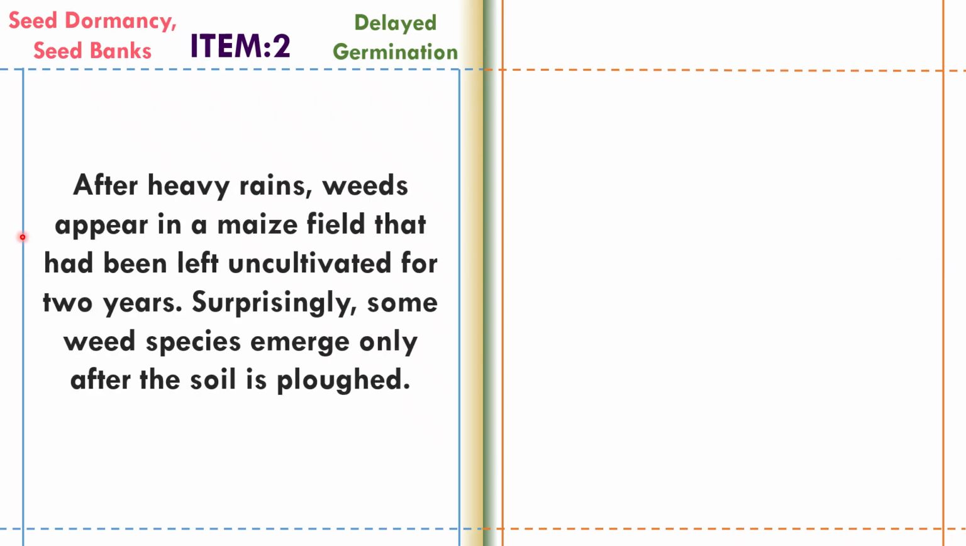Still under seed dormancy and seed bank, item 2, we want to emphasize on delayed germination. After heavy rains, weeds appear in a maize field that had been left uncultivated for 2 years. Surprisingly, some weed species emerge only after the soil is plowed. Task: